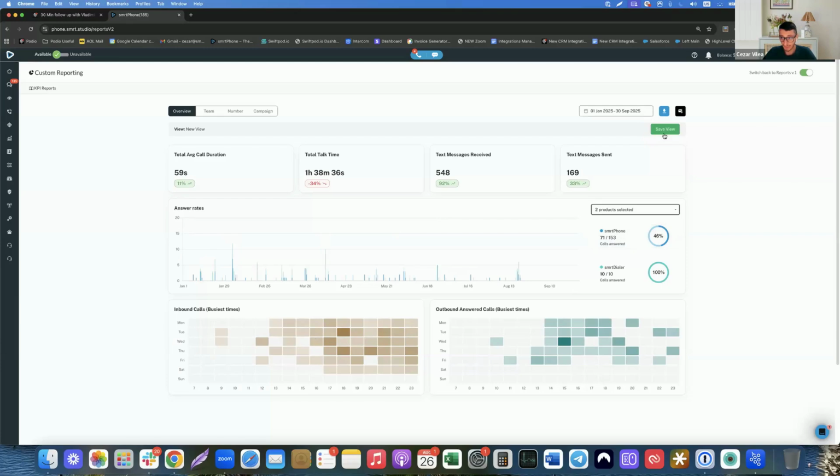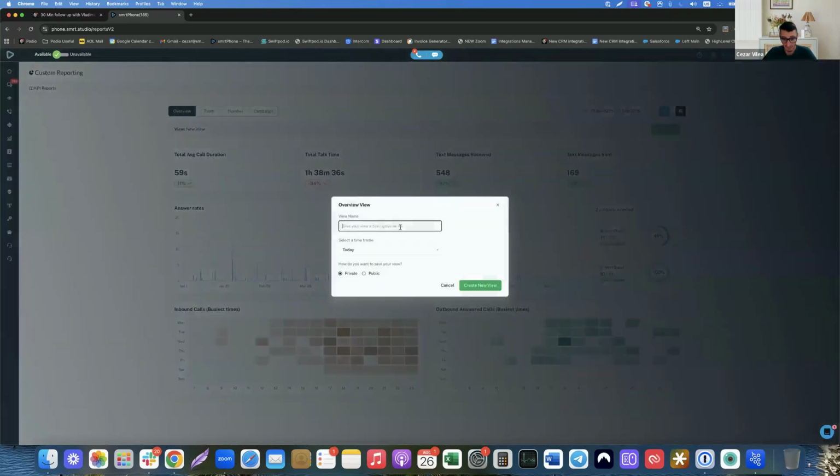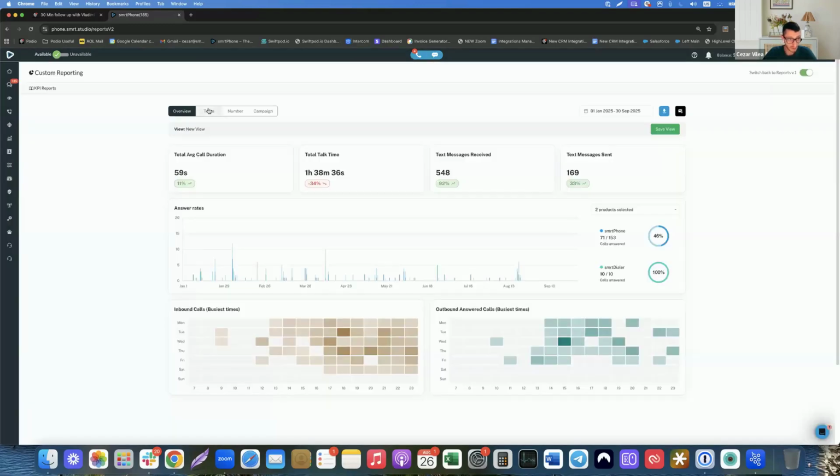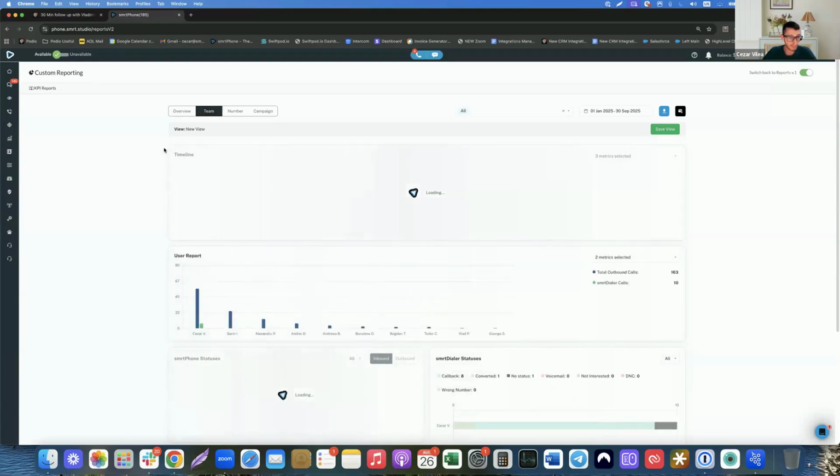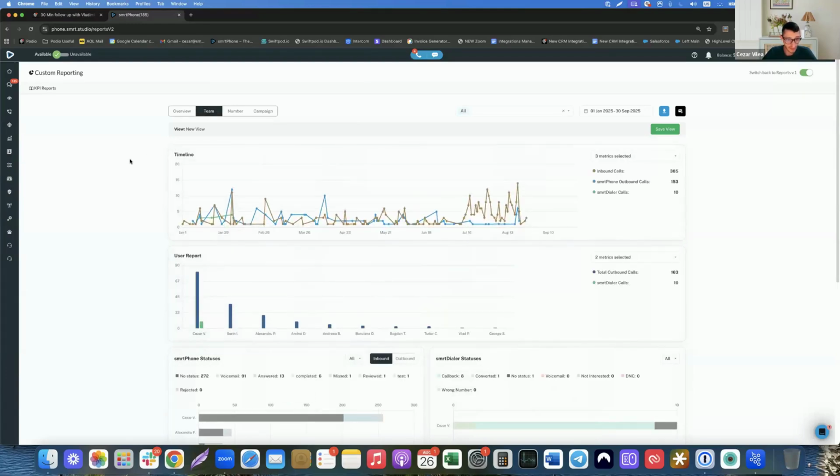And if you'd like to save this in a particular view so you can see it later, you can easily do that by giving it a name and saving it as a private view, so only you can see it, or as a public view. And of course, there are other tabs depending on the granularity of what you would like to see.